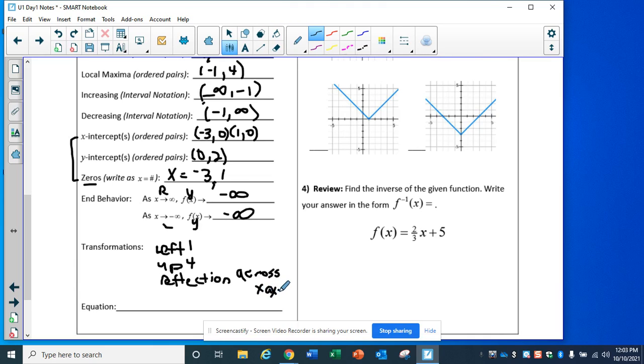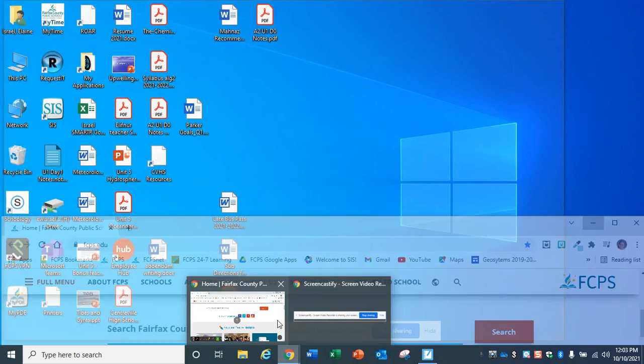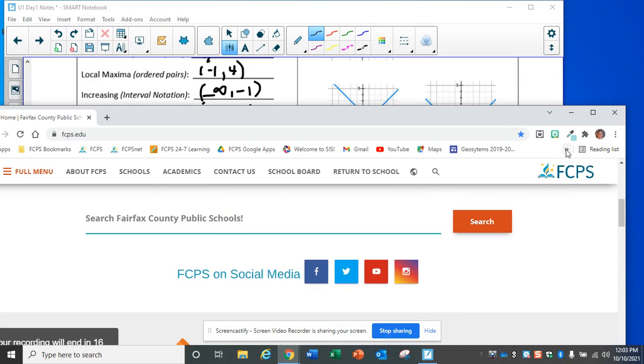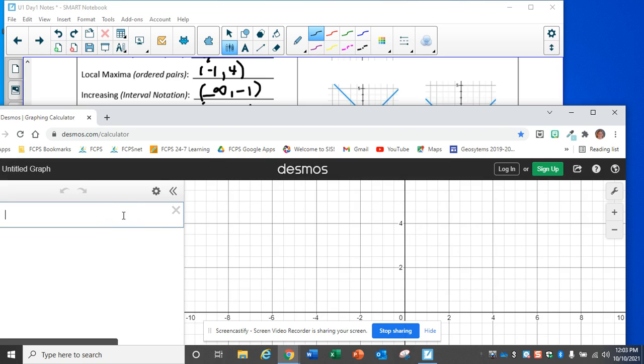So if I want to write that equation, you start out with the parent function, right? F of x. And I can see it's a V shape, so I know my parent function was the absolute value of x, right? So if I go into Desmos here and write my parent function, right? So I'll have f of x equals, and then I want the absolute value